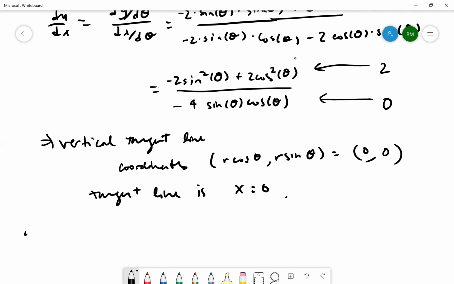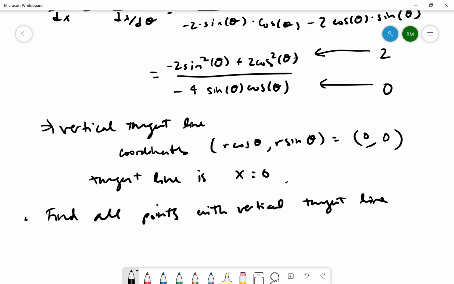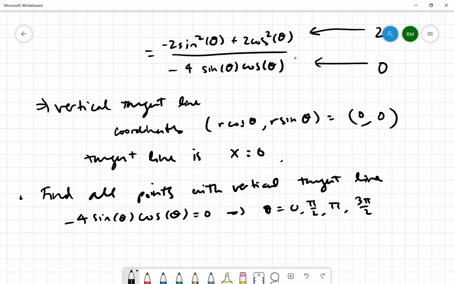Okay, so now let's find all points with a vertical tangent line. Well, we want the denominator to be 0, so that tells us that 4 sine theta cosine theta equals 0, and that happens at theta equals 0, pi over 2, pi, and 3 pi over 2. But they might not all work. So we need to know,